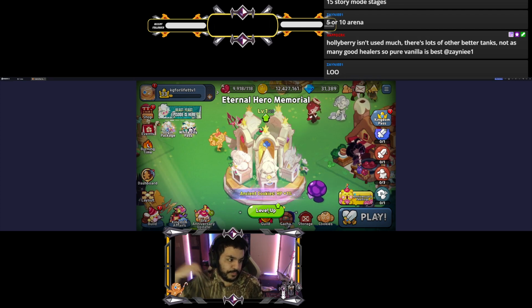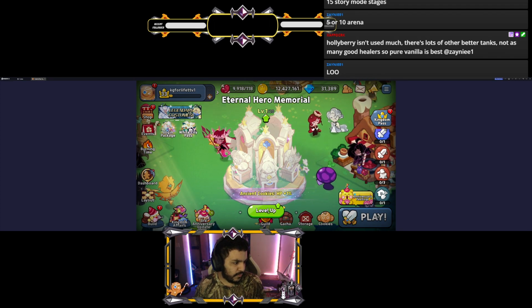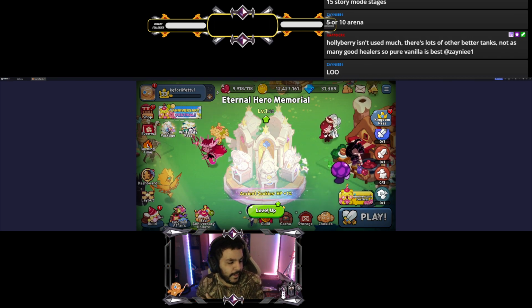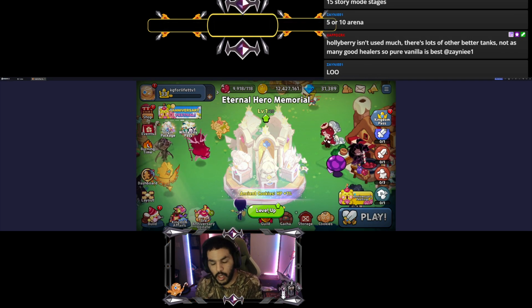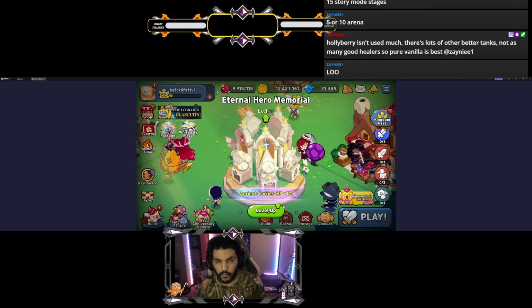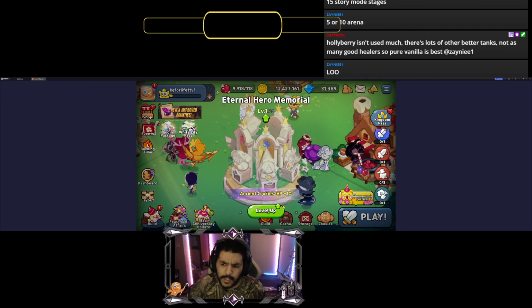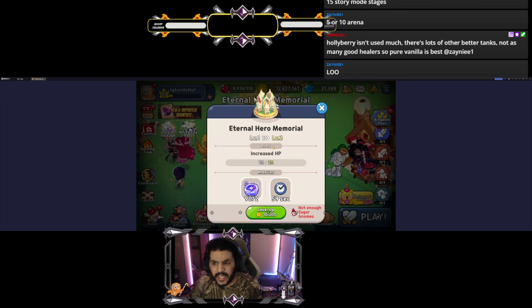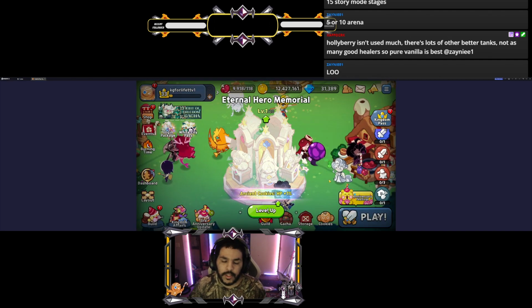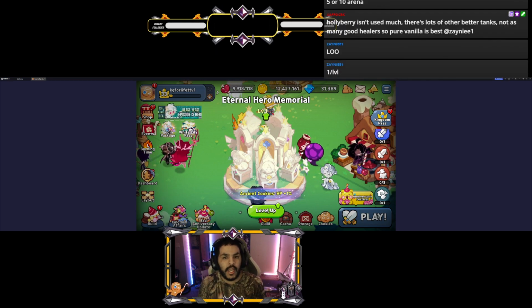Now, here's the thing. Somebody was able to tell me it's 10 arena. So it gets 20 levels of the Eternal Hero Memorial, right? But they get 1% per level up. So the thing is, for early game, for you as an early game player,